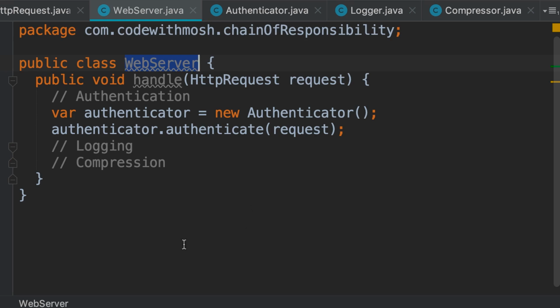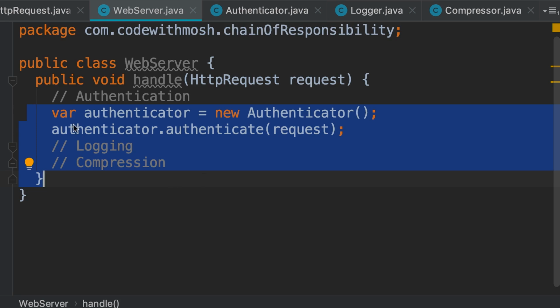We're going to use the same approach for performing these other tasks. So for logging, we're going to talk to a logger interface. And for compression, we're going to talk to a compressor interface. Now, even though with this approach, we'll decouple this web server from these other objects, the order of these actions will be hard-coded inside this class. If in the future, we want to disable logging for certain scenarios, we cannot do so. We have to come back and change the code in this class. Similarly, if we want to add another step like encryption, again, we have to come back and change the code